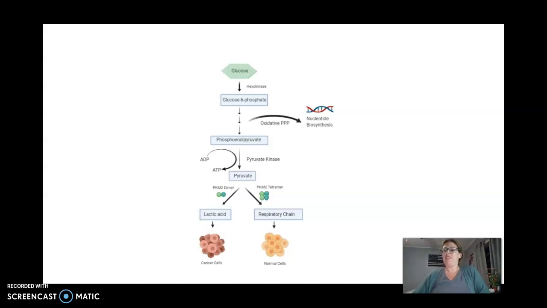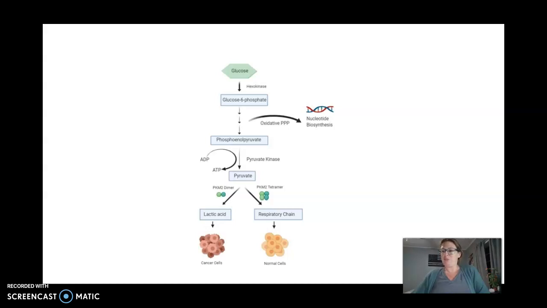The dimer has low catalytic activity, resulting in the increased anabolic synthesis of macromolecules through the pentose phosphate pathway, also known as PPP, which then promotes cancer cell proliferation and growth via production of glycolytic intermediates, such as fructose 6-phosphate and glyceraldehyde 3-phosphate. The PPP also results in producing NADPH, which is a high-energy compound used for reductive biosynthesis because it cannot be